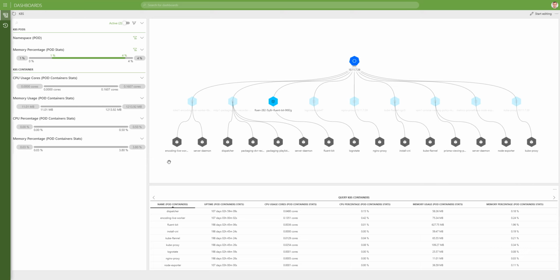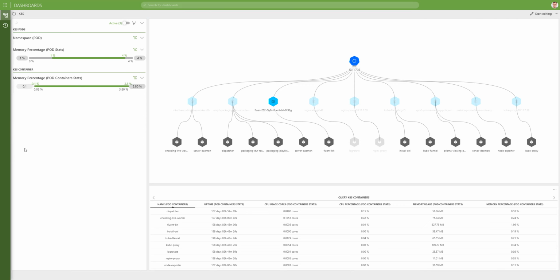The same I can do for my containers, and I can, for example, filter on the ones that have a memory percentage higher than 0.1%. And not only can I do this highlighting,